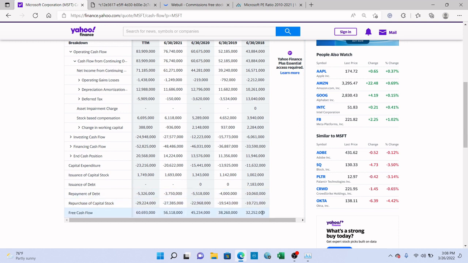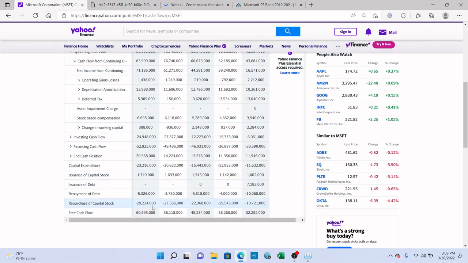Now, free cash flow, we also see free cash flow basically doubled from 2018 to the trailing 12 months. So this is great. With all this cash flow, they could start doing all these different acquisitions or whatever. And we saw that Microsoft did that acquisition of Activision Blizzard, and it was like a full cash offer. So a company having good cash flow can definitely give them all these different buying opportunities. So it's a